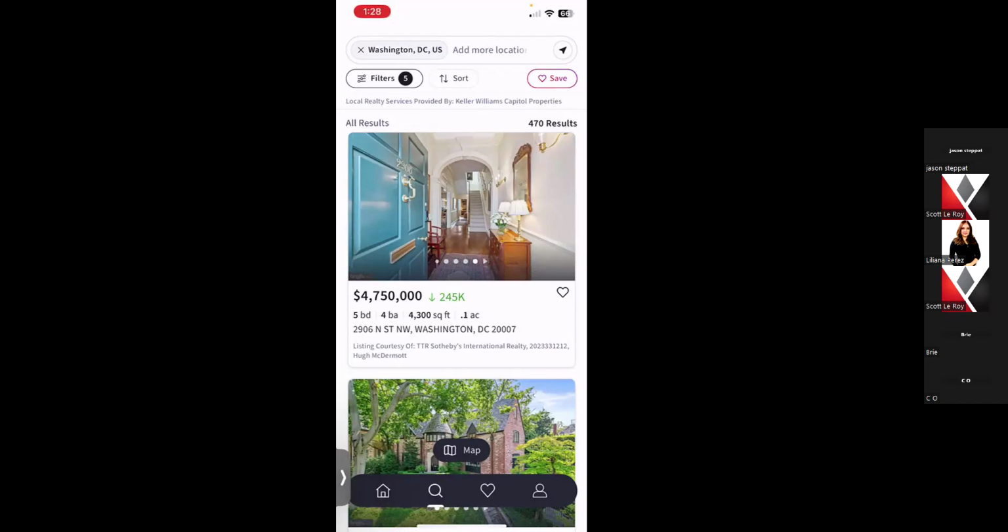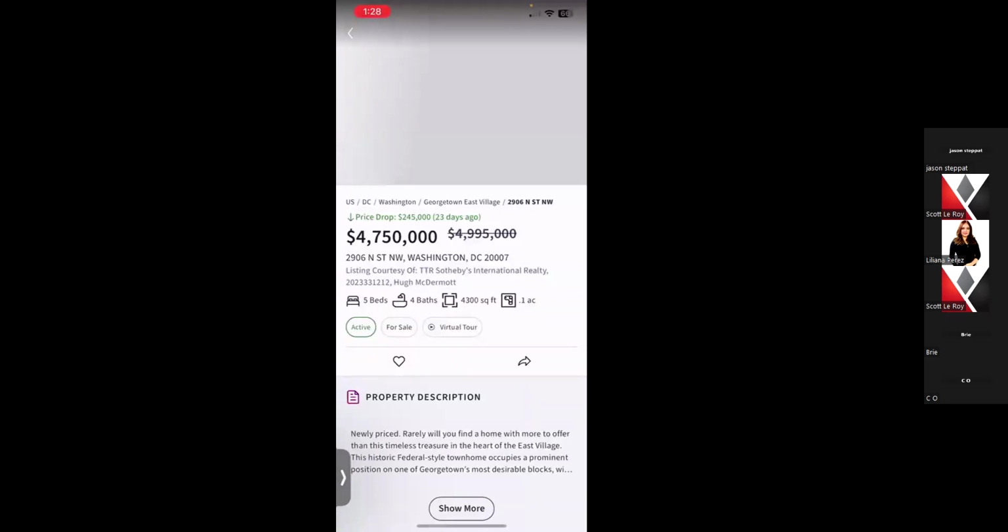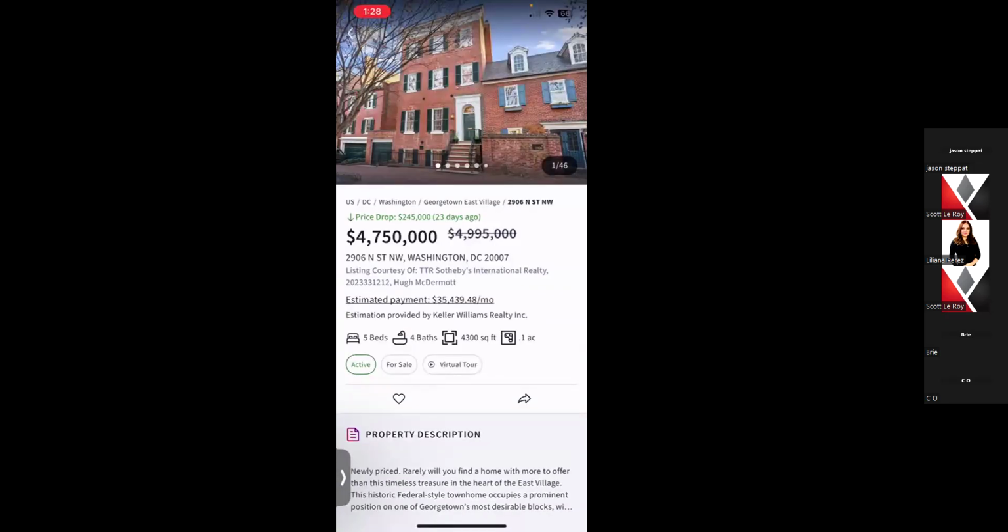Okay. So right here on the right, you'll notice the little heart as well. I'm going to show you what that will do for you. If you actually click on the heart, it adds that house to a favorites collection. See the notice at the bottom? I'm going to show you the collections in just a few moments, but the consumer can choose to add the heart or take it away, which will remove that house from the collection. I'll explain collections soon, but let's go ahead and tap on the listing